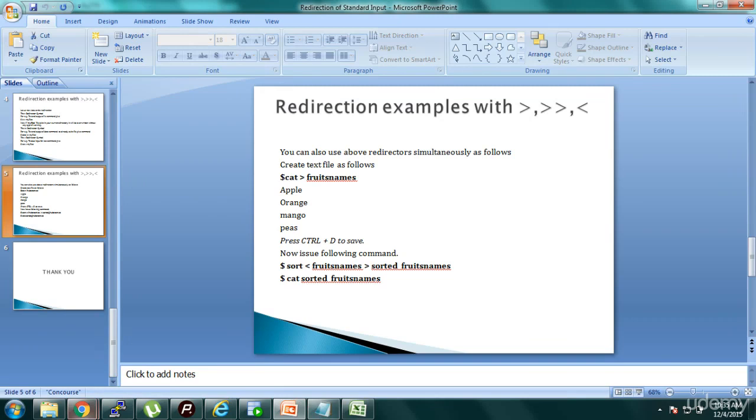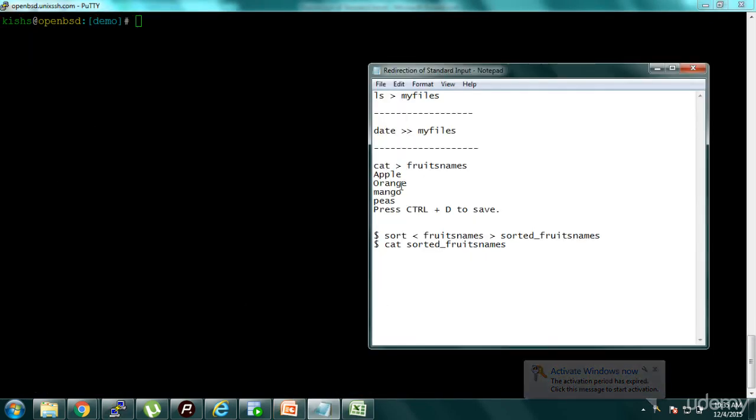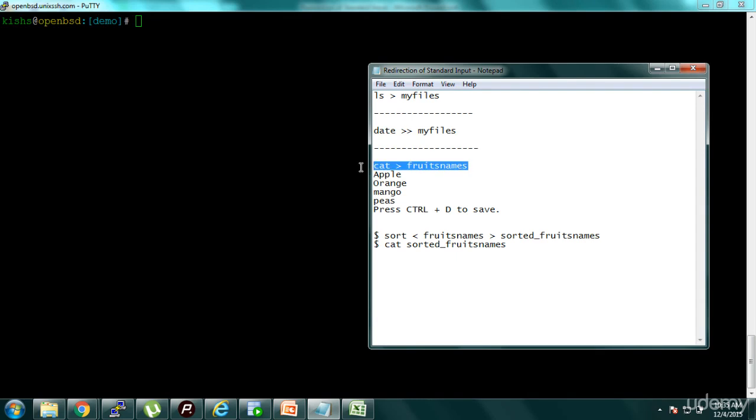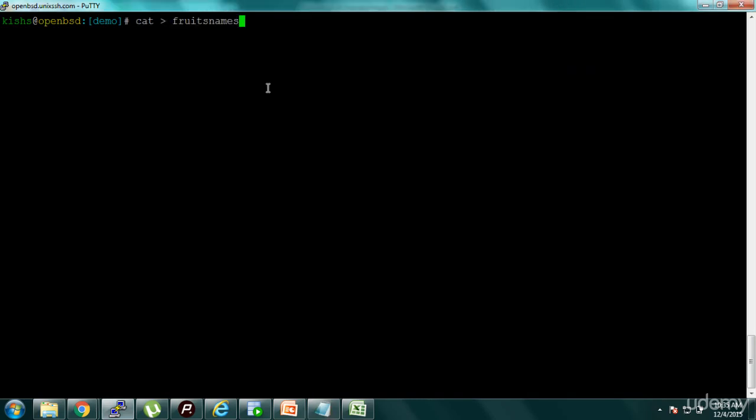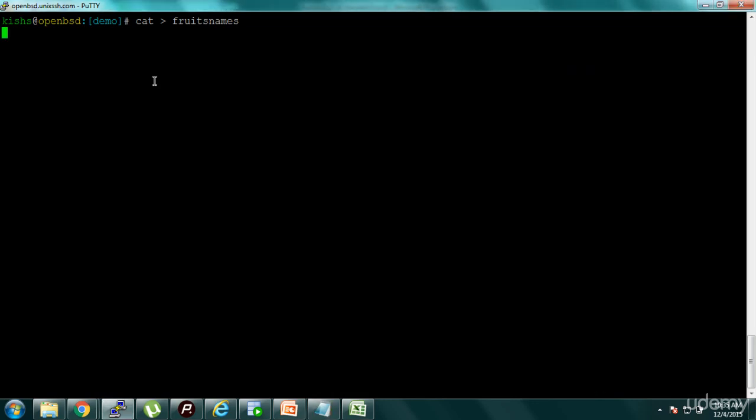I'll just show this example here in PuTTY. I'll clear the screen first and then we'll see what happens. Cat fruitnames, enter. Then I'll paste these, enter, and Control D to save and exit.